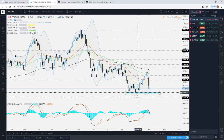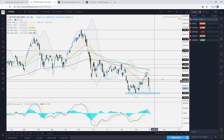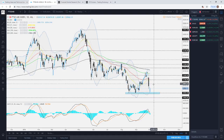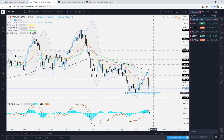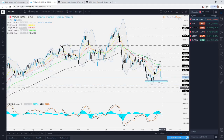Now certainly we're still going to remain very cautious. I'm not saying that this is where it's going to continue driving higher from now and we're just going to end up pushing towards these previous higher levels. But to be honest, at this point you need to be very careful, because keep your eyes on this 20,250 level, because if we do get a break below, this is where we're going to go hunting for some lower levels, and the first good potential area of support could be seen around the